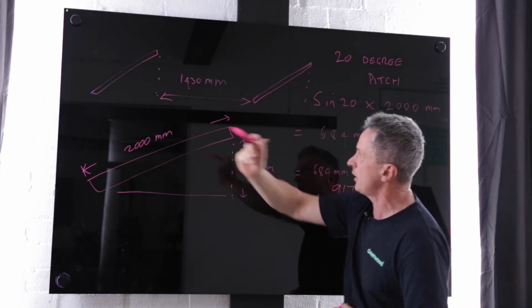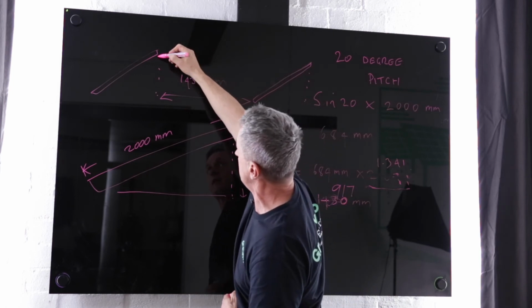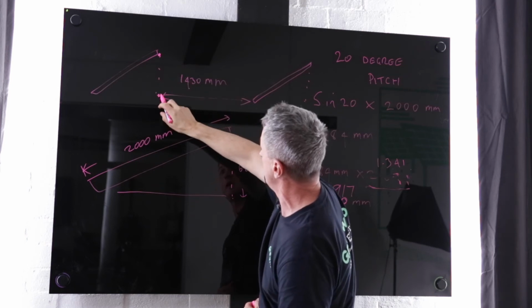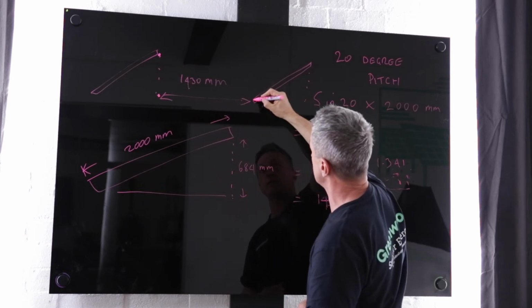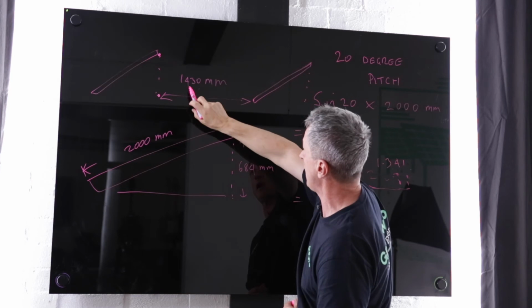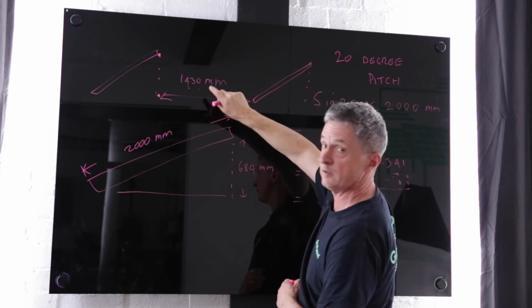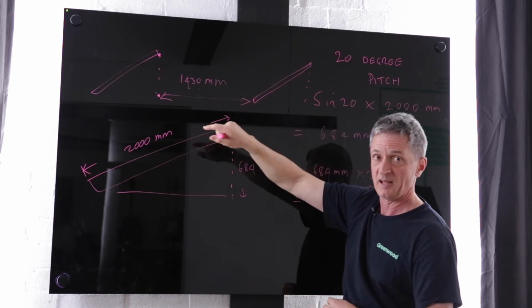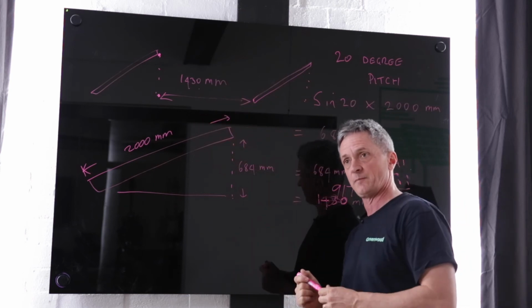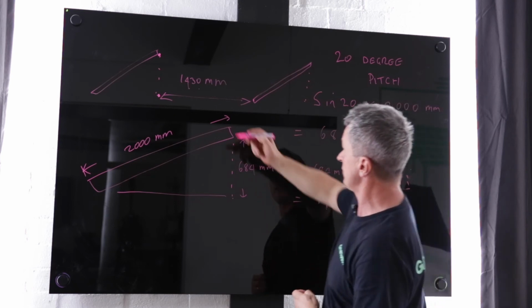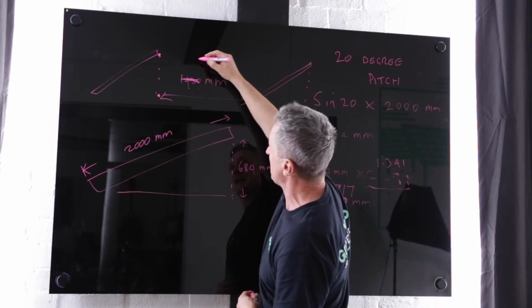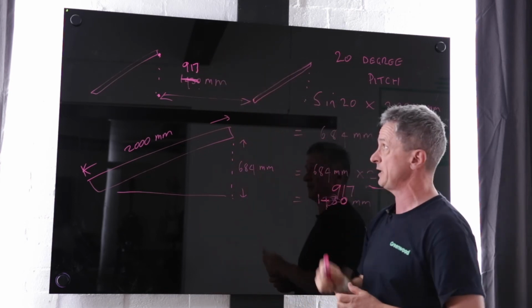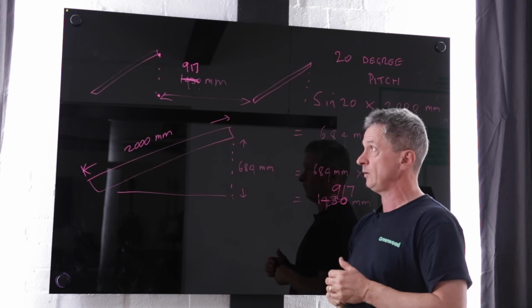Okay, so this distance is here. There's the back of the panel. We bring a vertical line down to the roof, and then we come along and there's the front of that panel, and in Melbourne, 1430 millimetres is the recommended minimum row spacing between 10 a.m. and 2 p.m. on the shortest day of the year. If it was in Brisbane, this figure would become 917 mil. Remember, that's a minimum. But as I mentioned before or after,